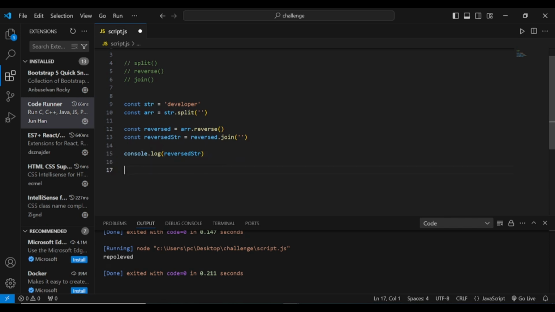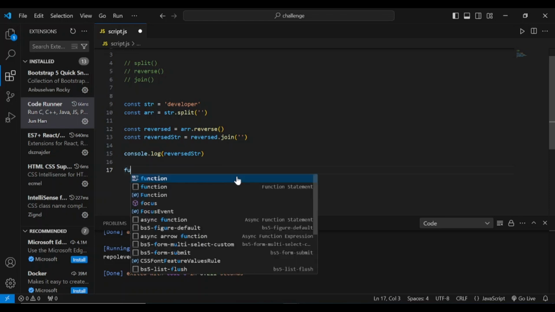The way you write a function in JavaScript is you use the function keyword, and then give the function a name. Then parentheses: pass a parameter if you're going to use one, and if not, don't pass anything. A function is a block of code that executes a specific statement. All these things that I created inside these many variables, I can group into a function. So I'll just use the function keyword,